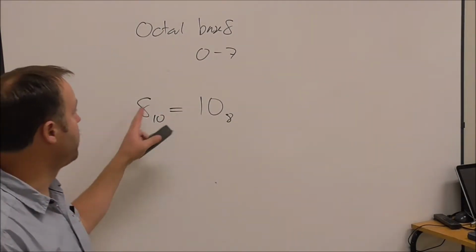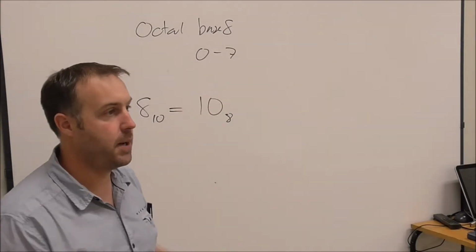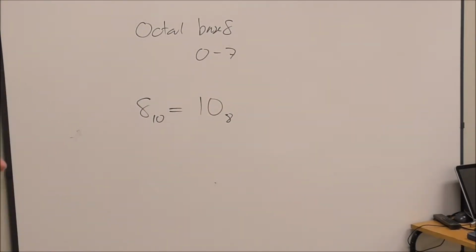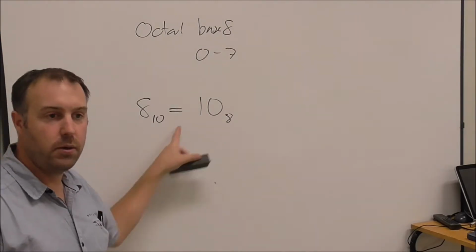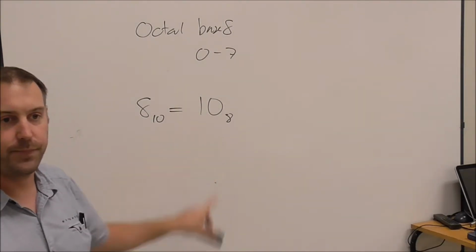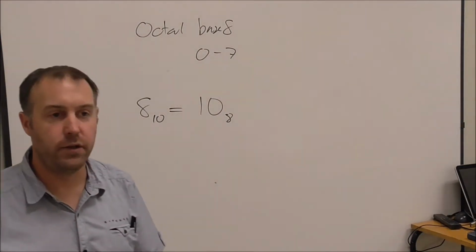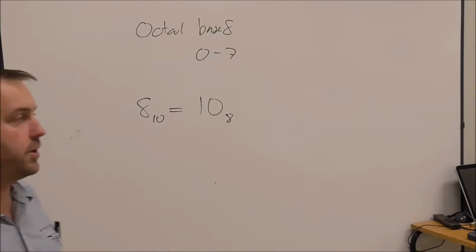Okay, so you count from 0 up to 7. When you get to 7, that's the maximum number in one digit that you can count. So you increment the next more significant digit up by 1 and then go back to 0 on that one. Okay, so we could try and use that approach in order to